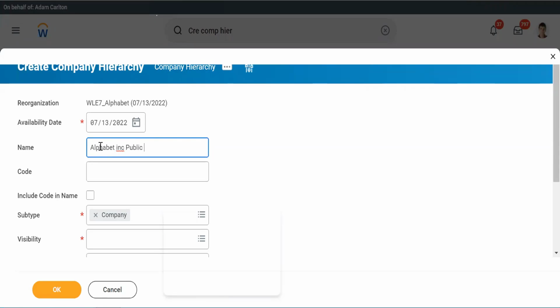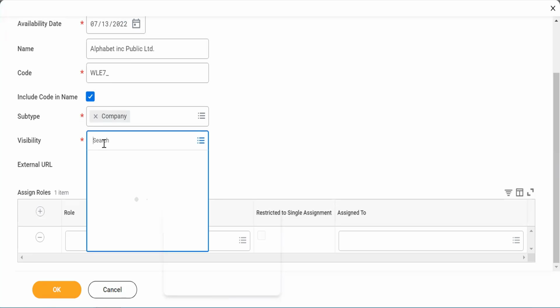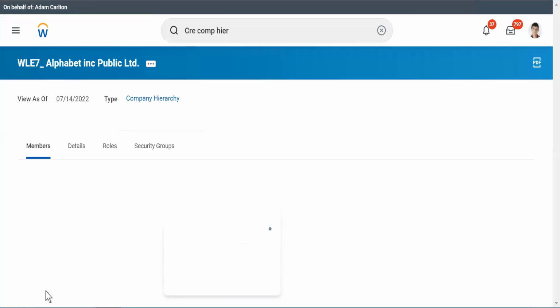I'll just put it like that so it will become easy for you. Code WLE7 underscore include. See, subtype is already defined. I'll not make any changes. I'll put the visibility, everyone, and click on OK.